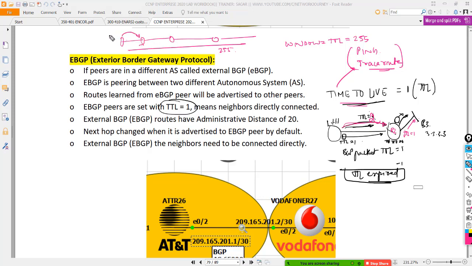So let's say it started with 255, decremented by 1, now it's 254. Over here minus 1, now it's 253, minus 1, now it's 252. That's how it goes. You can also call these hops: 1, 2, 3, right? So 255 hops is more than enough.